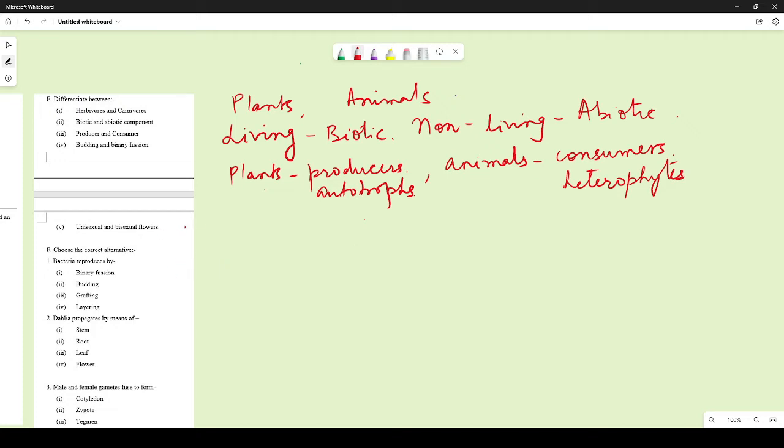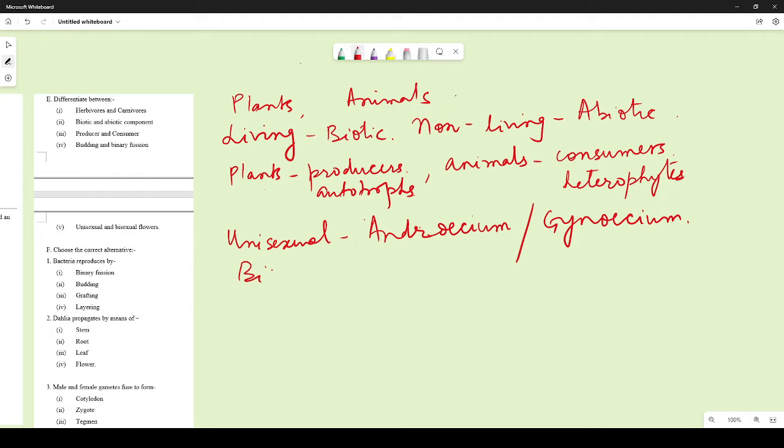Unisexual and bisexual flowers. Now unisexual flowers will consist of either the androecium or the gynoecium, either of these, whereas in bisexual flowers, both androecium and gynoecium are present. That is the basic difference. Now, let us move on to the